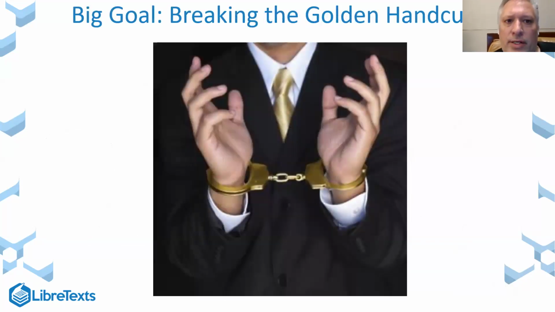So in short, what we're trying to do is to break the golden handcuffs that commercial publishers provide to faculty, that faculty put on in order to get access to a range of resources that publishers provide, including textbooks, including homework that's aligned to the textbooks, including ancillary materials like slide decks and question banks. Now it's AI. If you want to extricate the commercial interest from the classroom to make our education more affordable, we need to be able to provide alternatives to the full gamut of resources that commercial publishers put out.